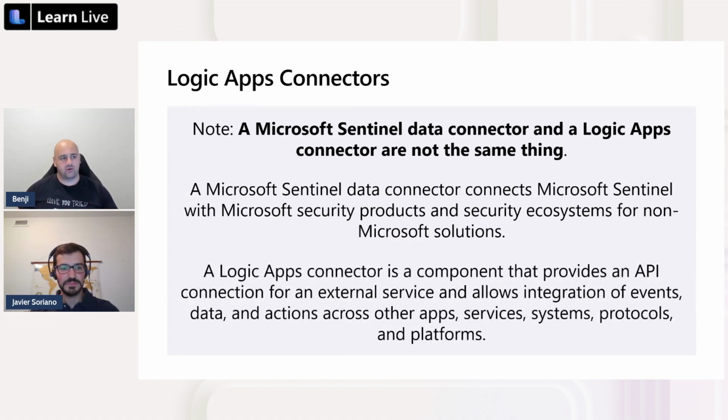While Logic App connectors are REST API connectors, where we connect directly to the solution itself so that we can respond to an incident, so that we can block an IP, or enrich, so that we can get data from VirusTotal or RiskIQ about an IP or URL. So one is for storing the data, and one is for, let's say, responding and automating tasks. Perfect. Clear. Thank you, Benji. Thanks for clearing that out. Important differentiation that you need to take into account.